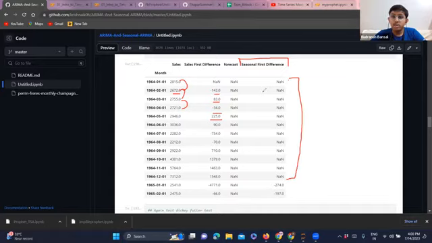Let's suppose you take pollution in Delhi. There are certain months in which the pollution in Delhi is maximum, let's say October or December. The pollution is more, so it will be seasonal. It will be more like this pattern.